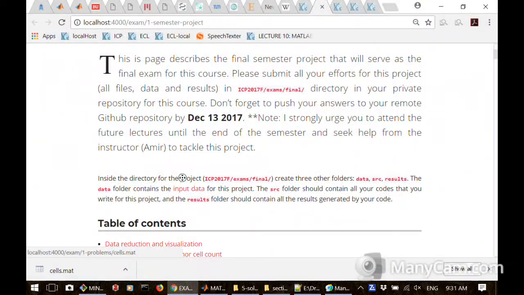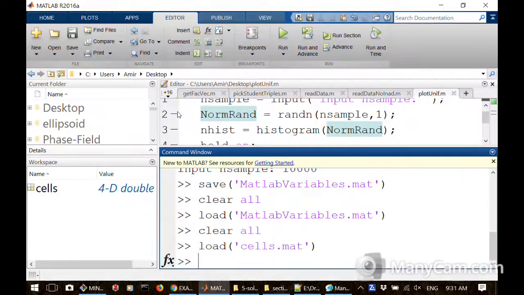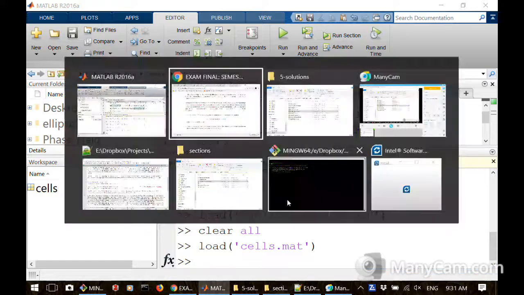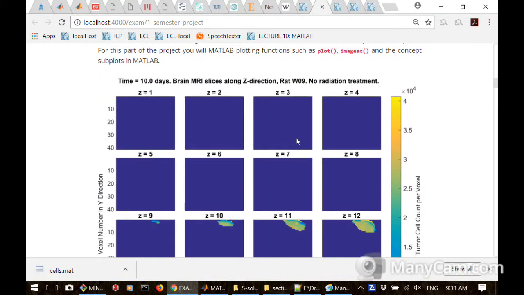Okay, and if you recall from the structure that I gave you here, it says cells is a 4-dimensional matrix that contains y-axis, x-axis, z-axis information, and time. Okay. Now we will discuss this further. I don't want to spend time today on this. I just wanted to show you how you can load this information in MATLAB. So that's the first step for your project, right? So let's say we just want to see what the information looks like in this problem. So if you look at these plots that I have for you, you see